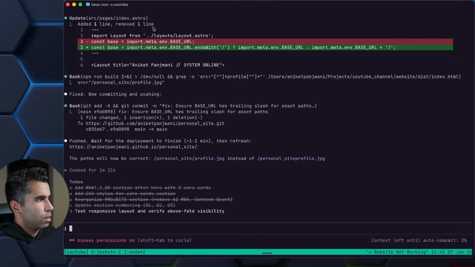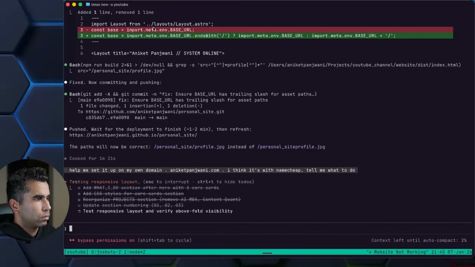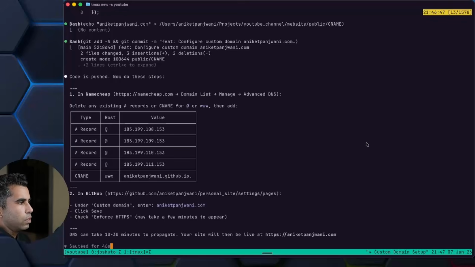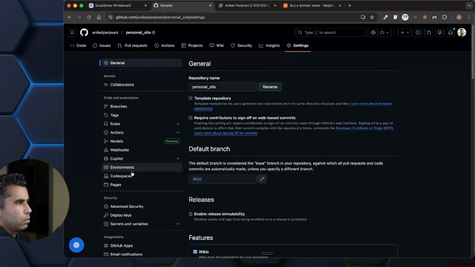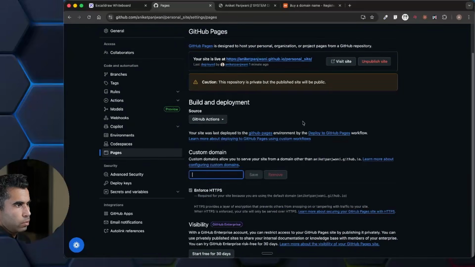And then just go here and say, help me set it up on my own domain, aniketpanjwani.com. I think it's with Namecheap. Tell me what to do. All right, so we got some instructions from Claude Code on what to do next. So we have to go to GitHub now to this URL. So let's do that. Go here, settings, pages, custom domain,